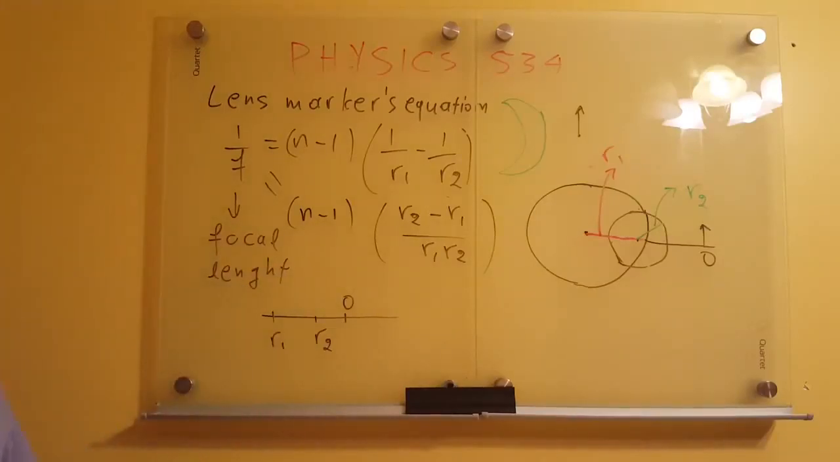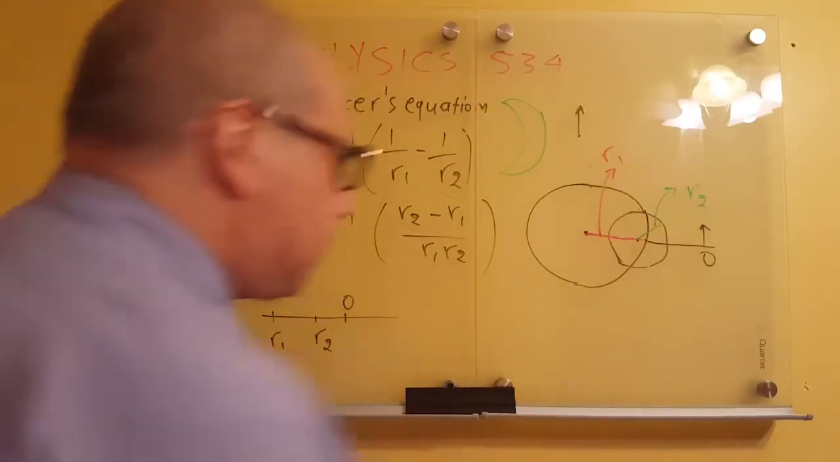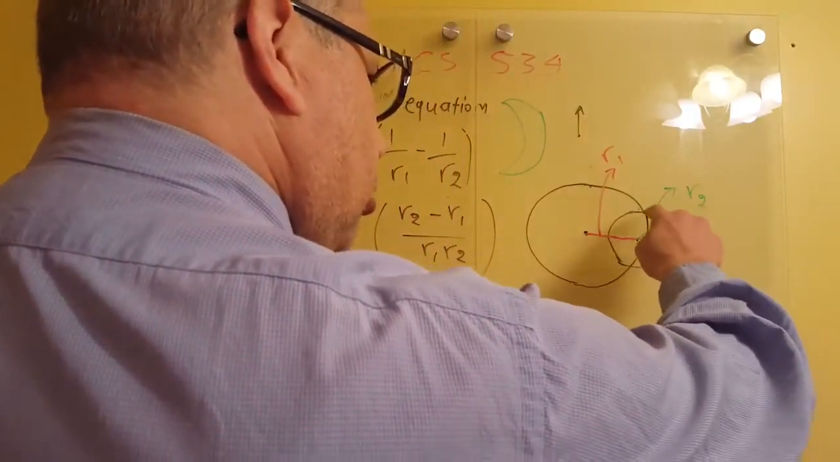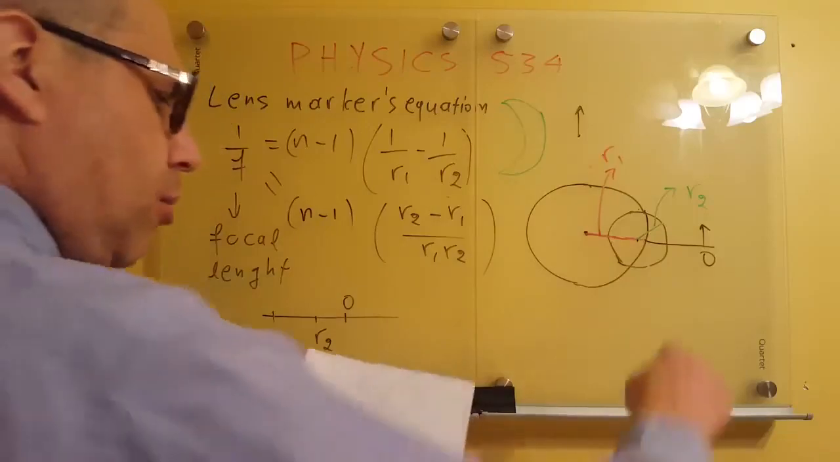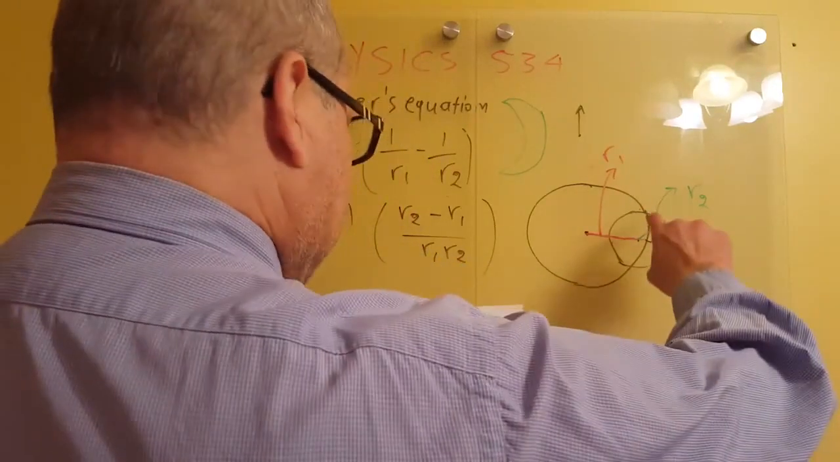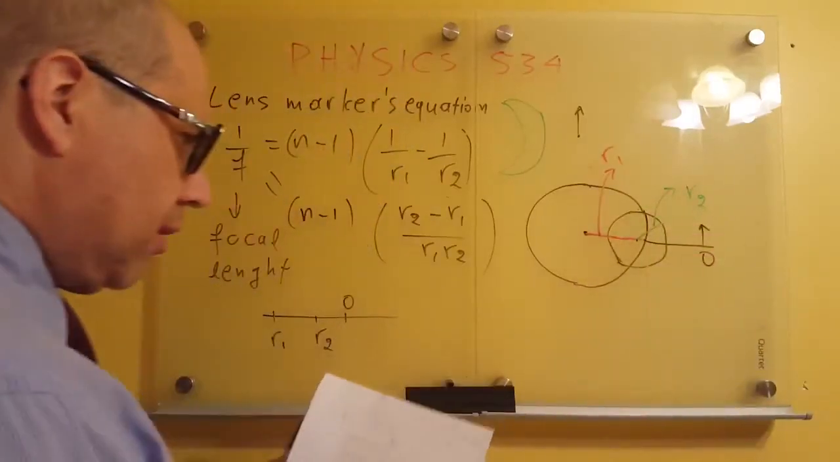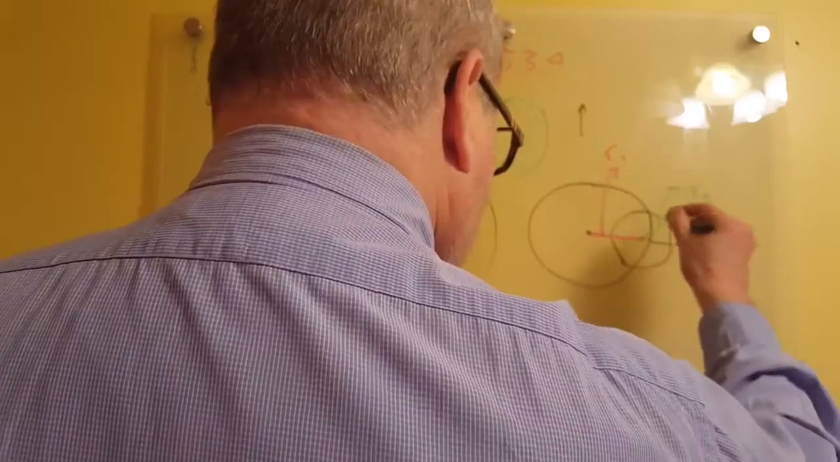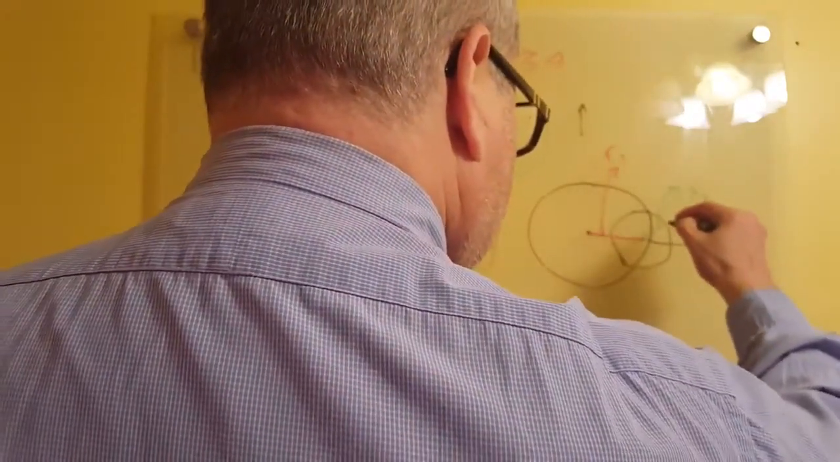What's going on with R1 and R2? Now you see that the object is closer to this surface. What is this surface here? This surface here is a convex surface. So that means that the F and accordingly the R2,